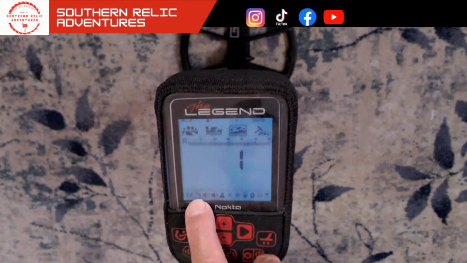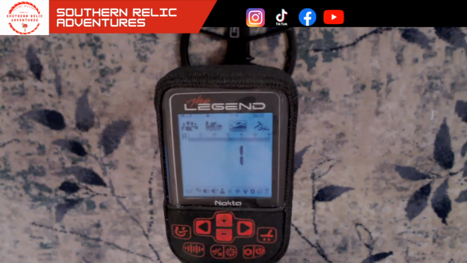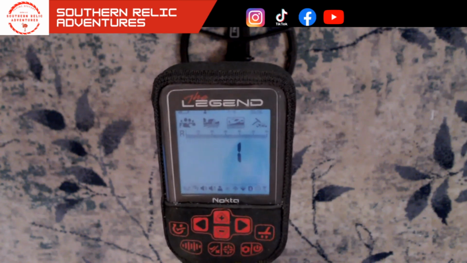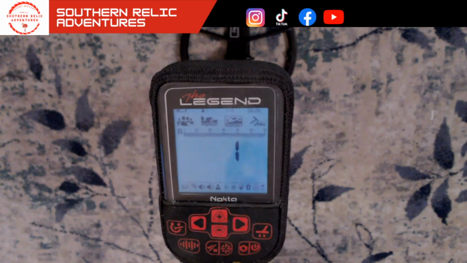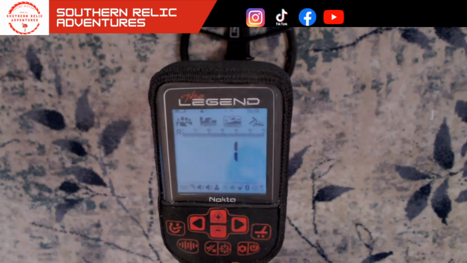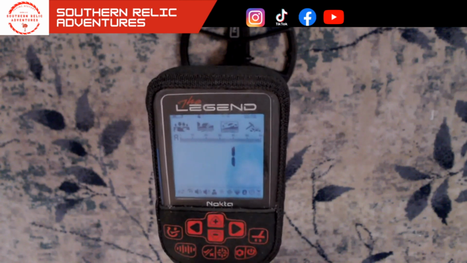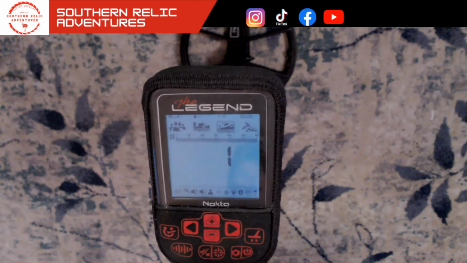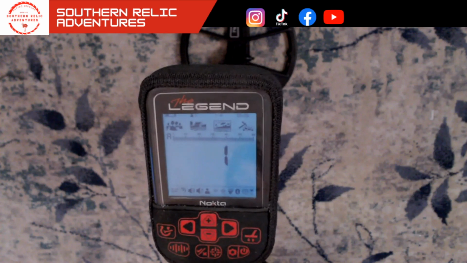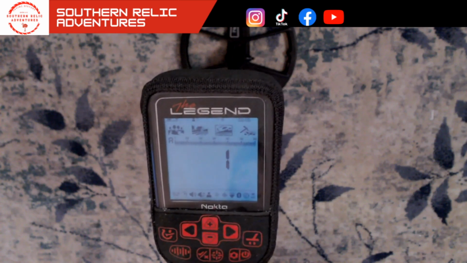And so now we want to adjust. A slower recovery, naturally, is for areas where you're not dealing with a lot of trash. It's allowing the machine to not have to recover so fast. So you have to have a slower swing speed, and it is going to go super deep when you lower the recovery down to its lowest setting.